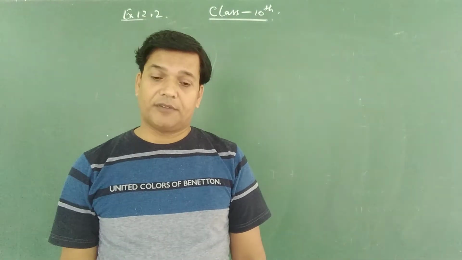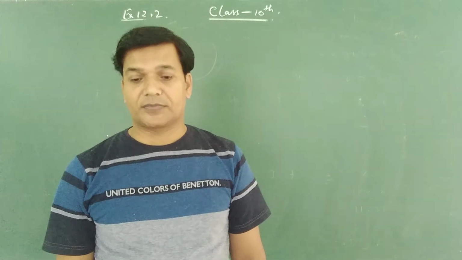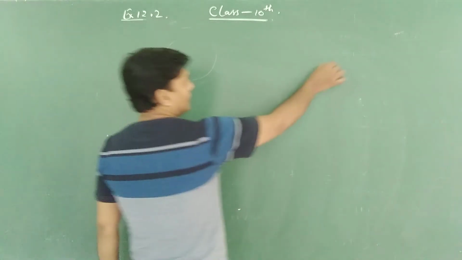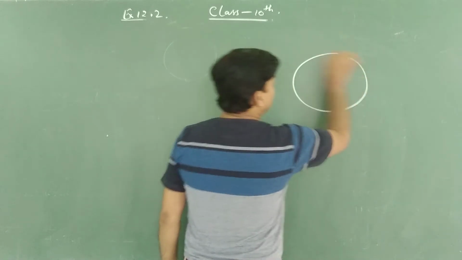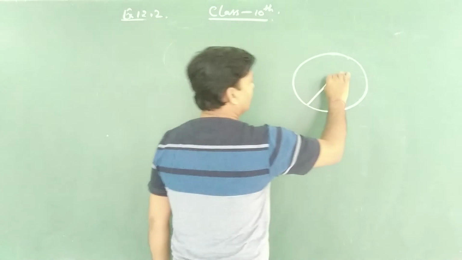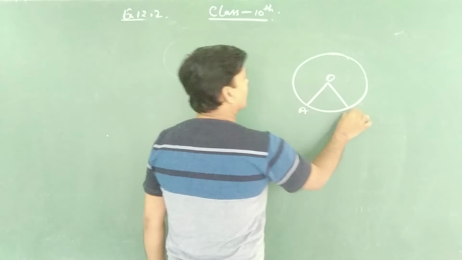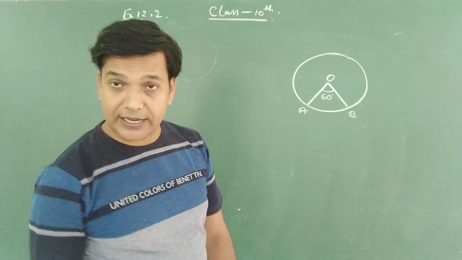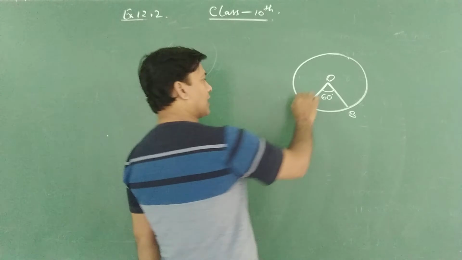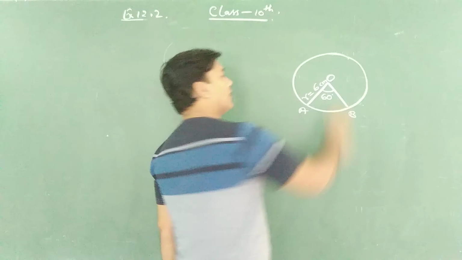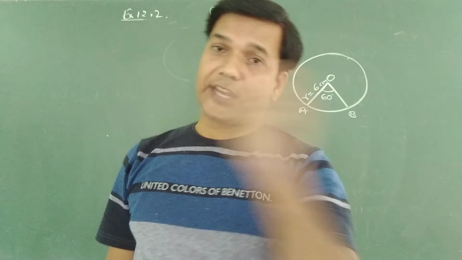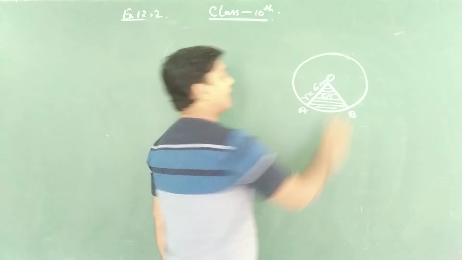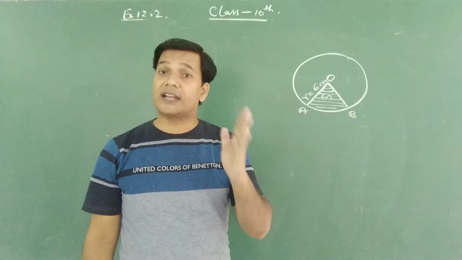Find the area of a sector of a circle whose radius is 6 cm, angle of sector is 60 degree. Let's see the figure. This is our circle in which 2 radii are in this manner, OA and OB. The angle theta in between these two is given as 60 degree and the radius R is 6 centimeter. What do we have to find out here? The area of the sector generated by these two. So we have to find this area and it is always known as minor sector.